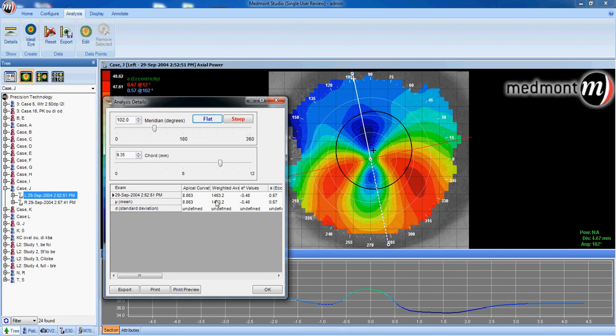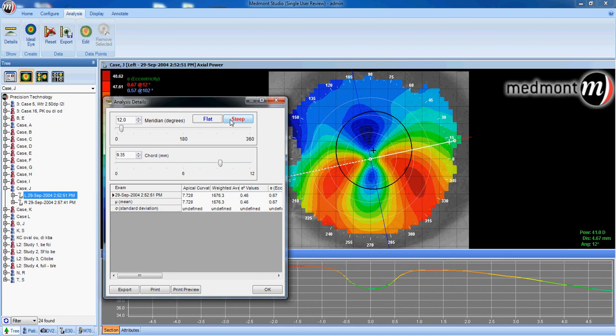We measure the sagittal depth of this eye as 1453 on the flat, 1576 on the steep, approximately 123 microns difference between the flat meridian and the steep meridian. This tells us that this patient may require a specialty lens because there's greater than 50 microns difference between the